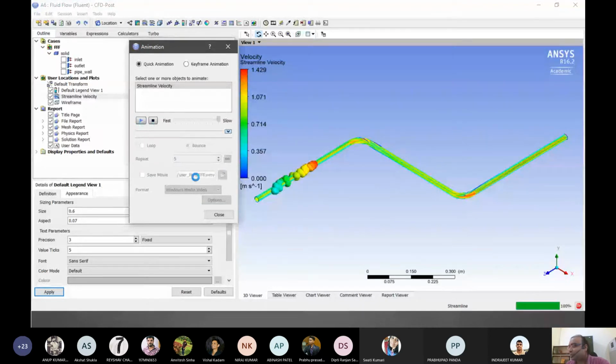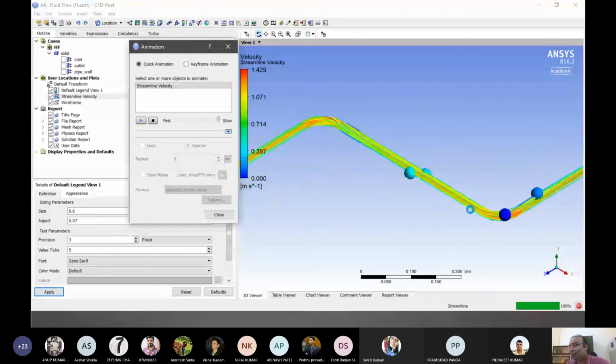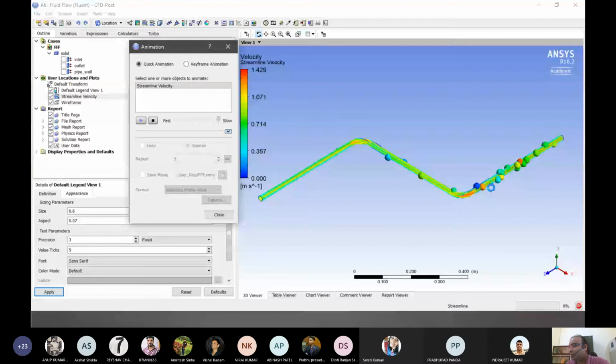So those things can be seen, right? And many other interpretations can be done in this sense. Basically, these kinds of demonstrations are very helpful in understanding what is happening. So after a bend, we can see how the high velocity reduced, and even further when it reaches the bend, it reduces and goes on, right? So all these things can be interpreted and well understood in that sense.